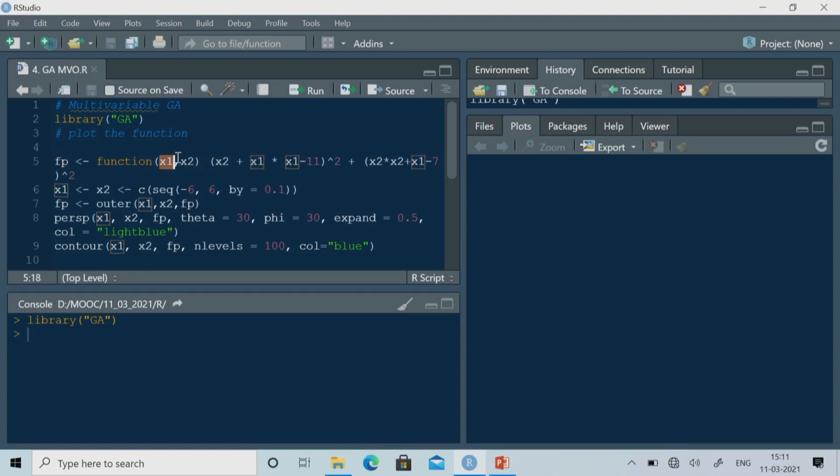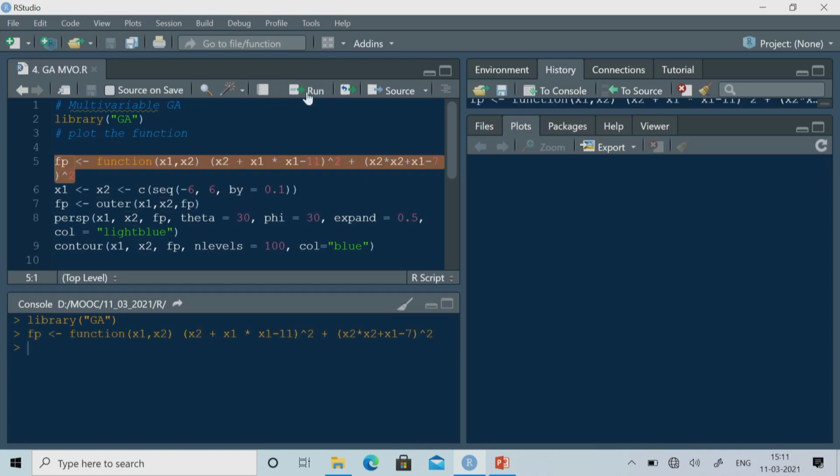So, x1 and x2, and the function is (x2 + x1^2 - 11)^2 + (x2^2 + x1 - 7)^2. So, this is the function. Let us execute this one. I have executed this particular function, and then I am defining what x and y are. x and y are between -6 and +6. So, I can use the sequence function, seq,